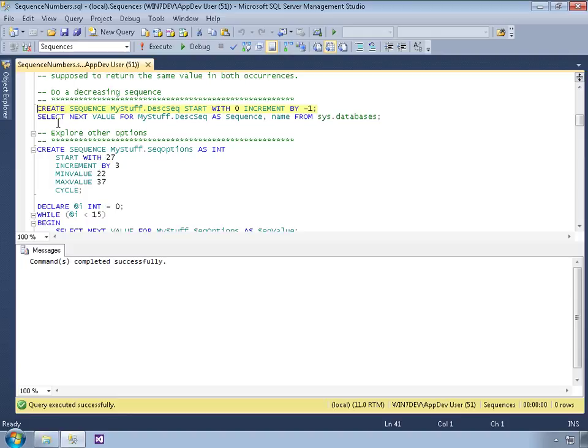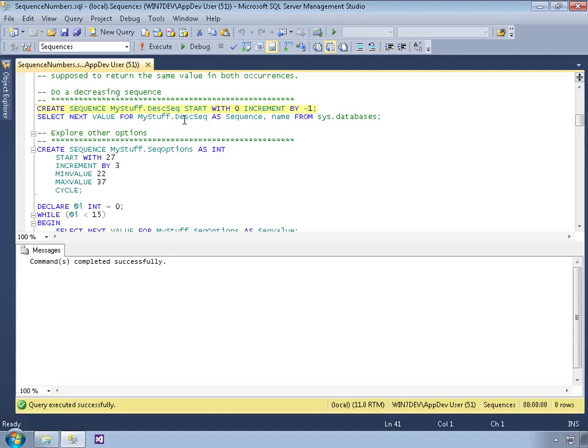And now I'm going to use that sequence in a little bit different way. This select statement reads rows from the sys.databases catalog view, which lists all the databases installed in this instance of SQL Server, both system and user databases. The result set requests a new sequence number right here for each row that's returned. So this isn't the same as the previous confusing example showing the all-at-once concept. So this is actually a new sequence number requested for each row in the result set. All right, so when I execute this code,